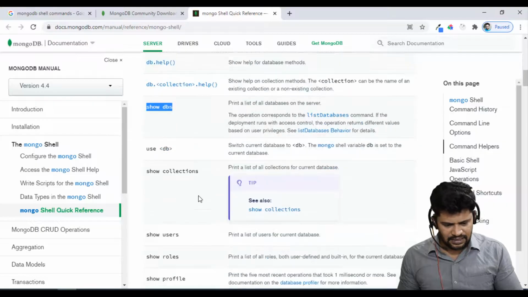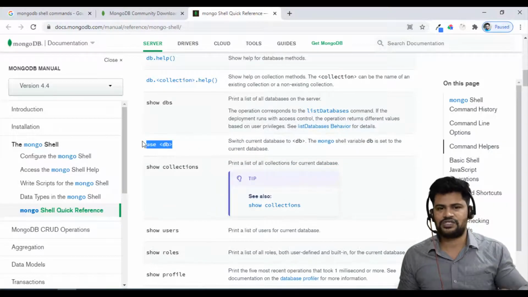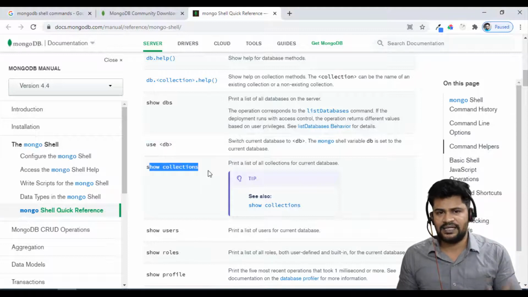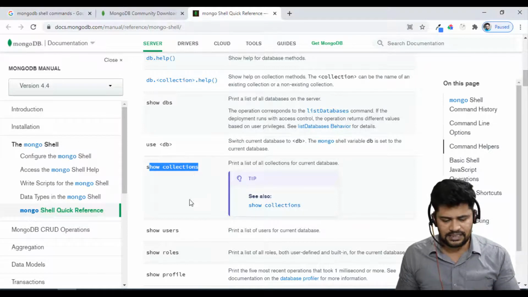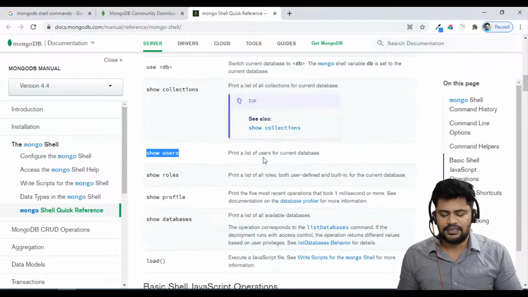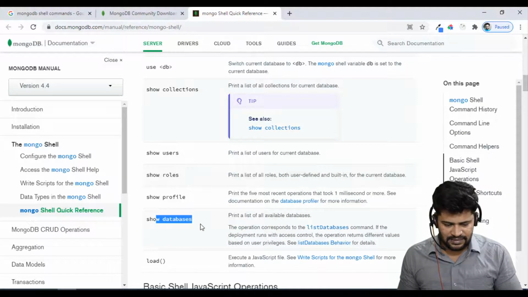Okay, and there is something called use db. If you want to switch to a particular database, that is use db. And show collections: in that database, what are all the tables, what are the collections available. Then show users, the current users of the current database, and show roles, show profile, show databases.